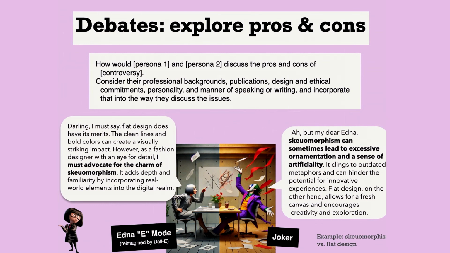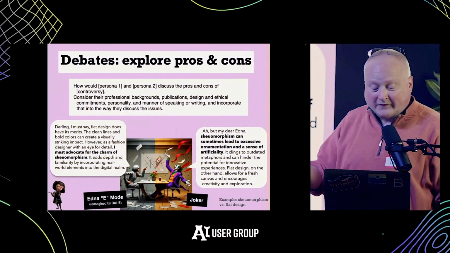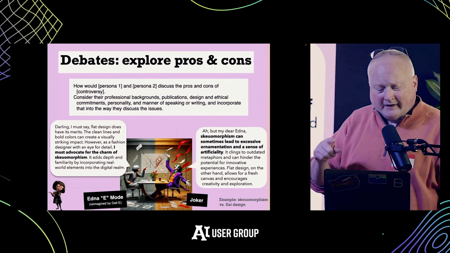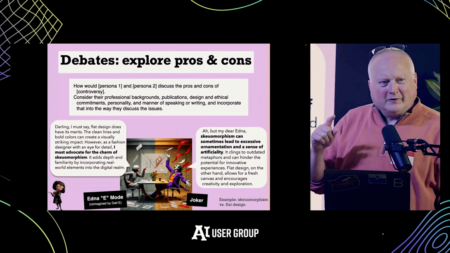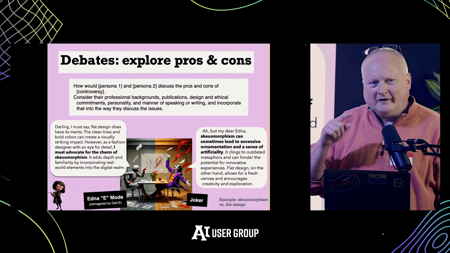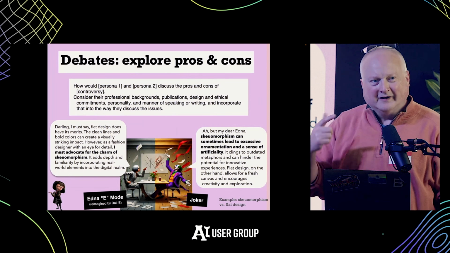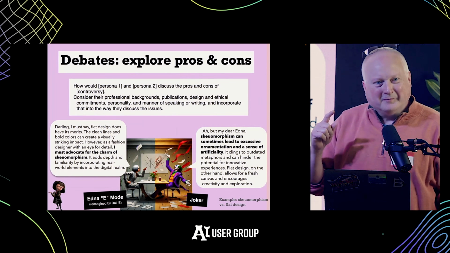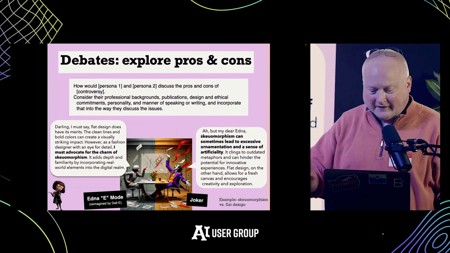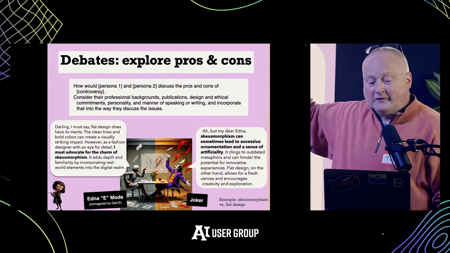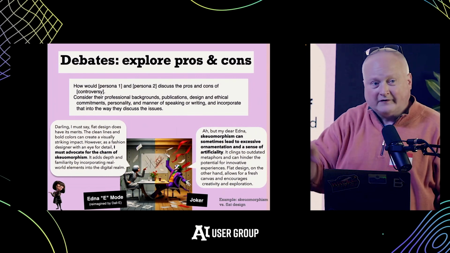This is fun, but actually the points they make are valid points in this particular debate, which is skeuomorphism versus flat design. If you read the details, you'll see that Joker is not representing his actual personality here. So you might have to tell ChatGPT, I don't think you got it right there. You need to redo Joker because he'd want chaotic design and he's not advocating for it, or at least overdone design. In any case, this is fun. It doesn't just give you 2 things. You can read a long debate and sort of see all these issues come out.